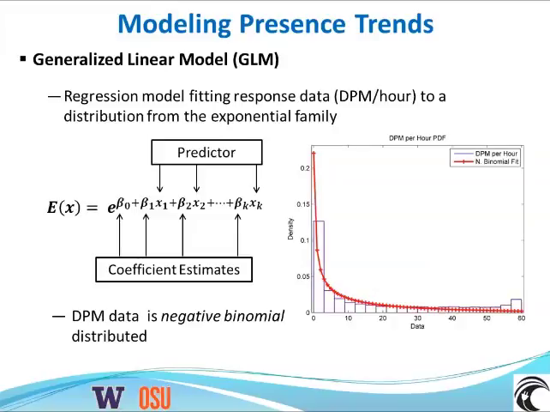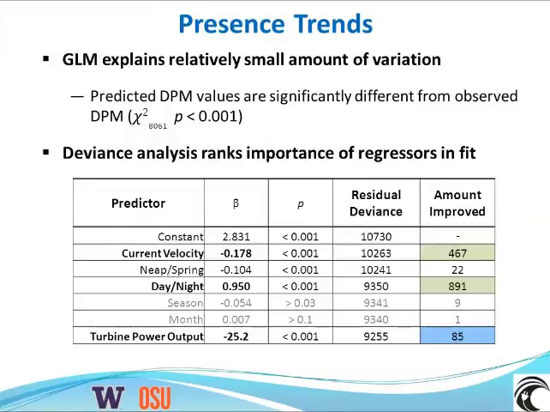exponential function. And the predictors might be things like, is it day, is it night, is it spring, is it fall, what's the tidal current velocity, how much power might a device operating in this area be extracting, what's the ambient noise level, and all of this is described by a negative binomial distribution. You're seeing the distribution of data and the negative binomial there on the right. So I won't say more about GLM, but certainly a very powerful tool for looking for underlying trends. Next slide.